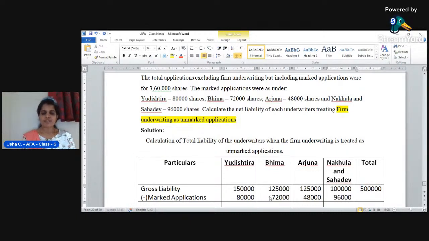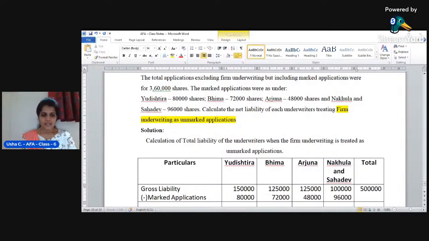The total of marked application, how much? Calculate and tell me. I will also calculate. 80,000 plus 72,000 plus 48,000 plus 96,000. Total is